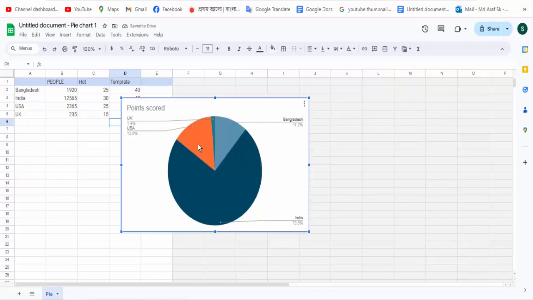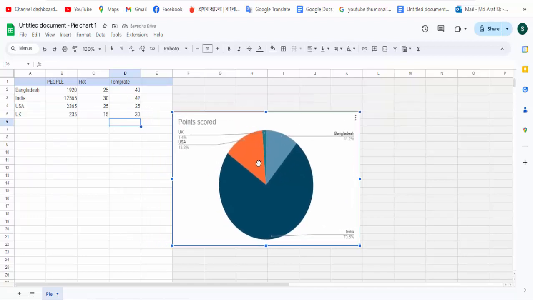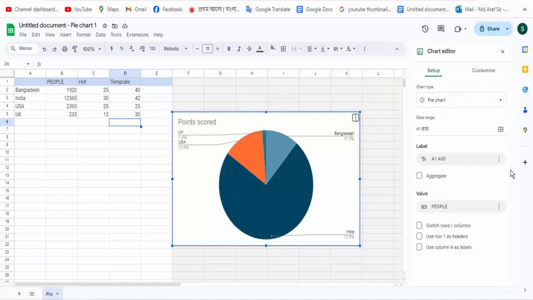Now click on the pie chart. Then click on the options and click on the Edit chart option. Then click on the Setup option. Then click on the